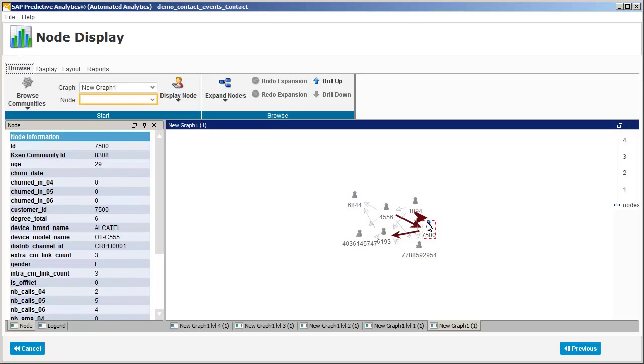An alternative way to view the model results is to select a specific customer node by number, and then view either the full set of links involving the customer, or only the links within the customer's community at level 1. Note that the weight of a node reflects the total number of links the node has. In this case, the number of other customers that the customer has been in contact with. We'll select the customer with the most links.